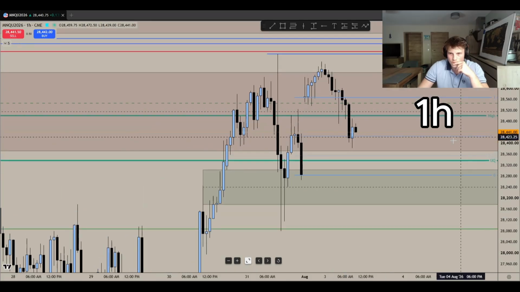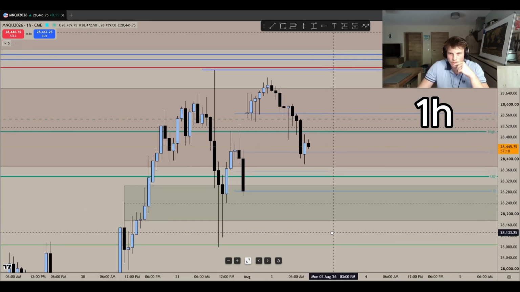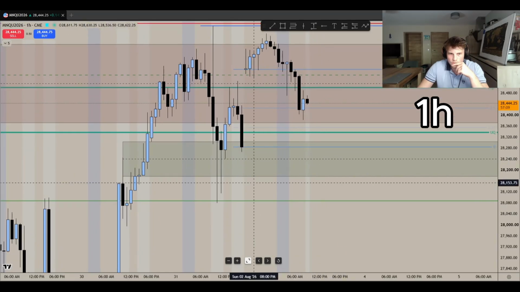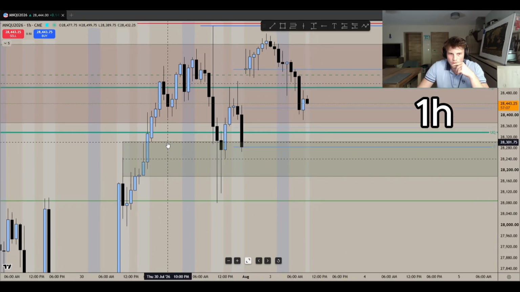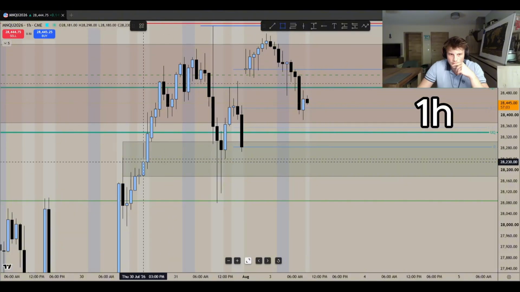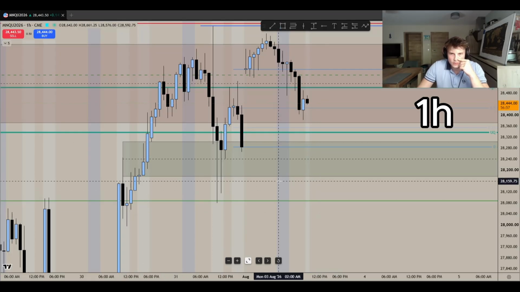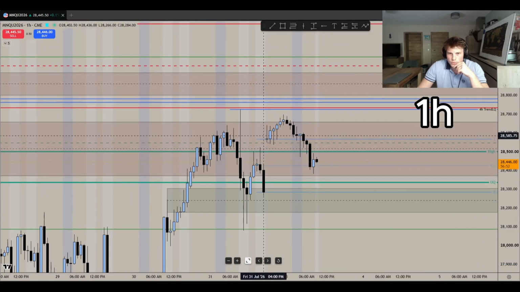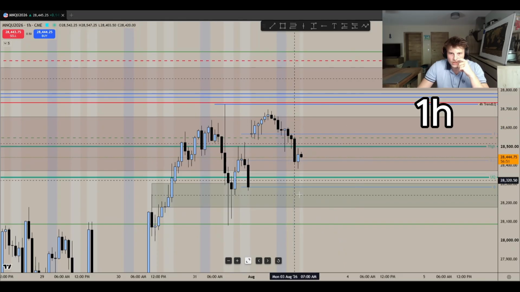Hourly, moving back into the new week opening gap here. Nothing of interest in here. These are the 4 hour trend liquidity levels. No, nothing of interest in here. Well, let's see if there's a gap down here. That's 30 flat, 29. Okay, there's no gap, so we close below. Yeah, nothing of interest on the hourly. We basically went sideways here. No gaps, no nothing.